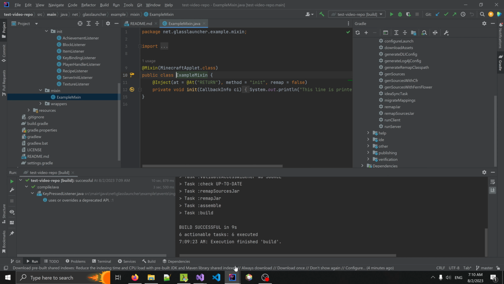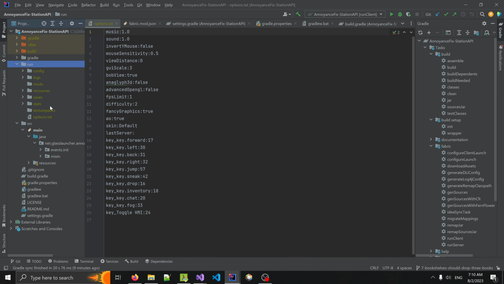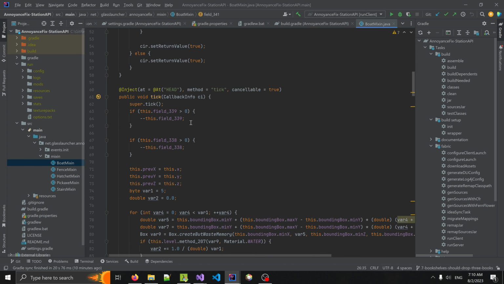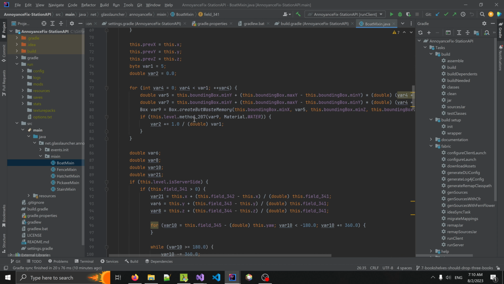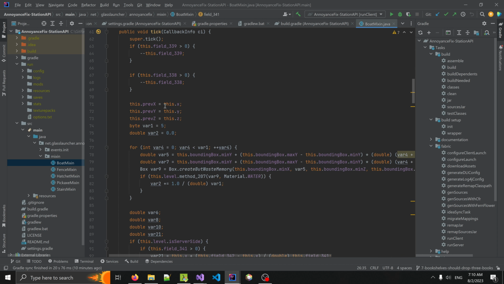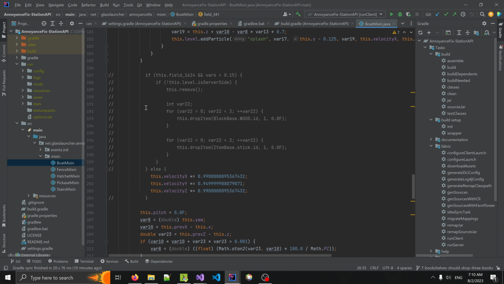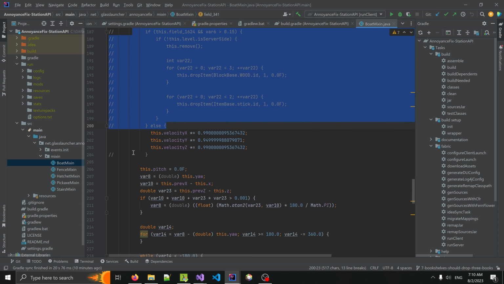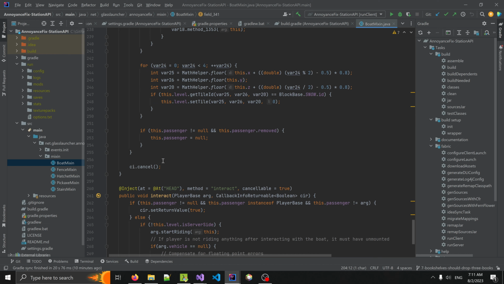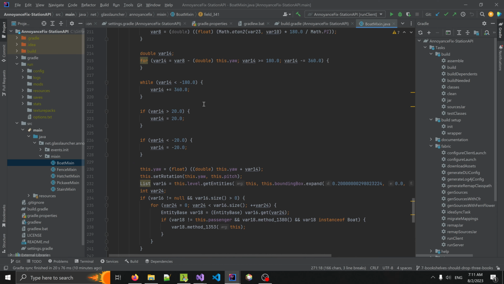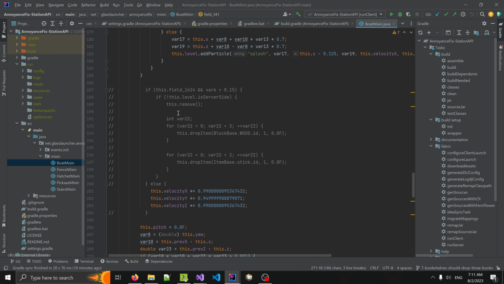We run into this a lot with the AnnoyanceFix mod, which is the mod I've been working on, where we created a Mixin for boats, and we wanted to overwrite the boats crashing and breaking into sticks, and this is quite a large function which happens on tick, and we needed to comment out this portion of it. And there's some other things. We inserted some code in this interact function. So if you're doing crazy things like that, you might need a Mixin,